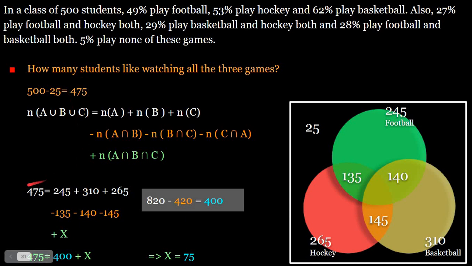We will get 475. So 475 will be the union of these sets, and we have been given the number of elements in each set. We will take a summation, then subtract the value of the common parts and add the value of the middle part, and the value of the middle part will come out to be X is equal to 75. Just remember this particular formula. If you know this, you can solve all of this.